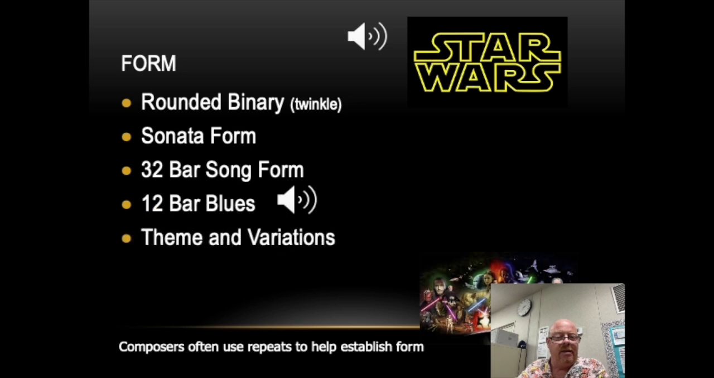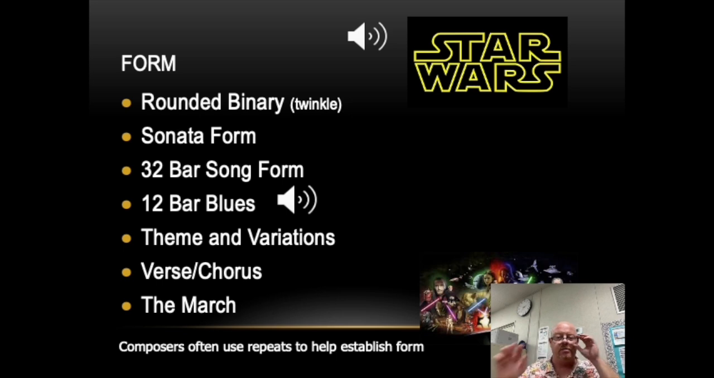Let's see, theme and variations. Again, that takes a while to get through. Verse, chorus. There's another one, and the march. But composers often use repeats to help establish the form, and so the music of Star Wars, I think, is a great example. So what I want to do is play the Star Wars